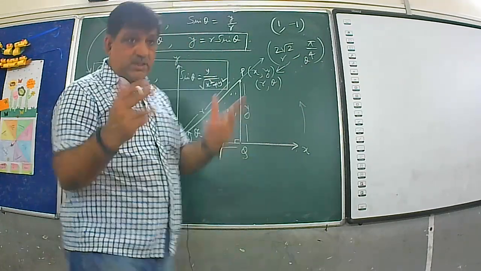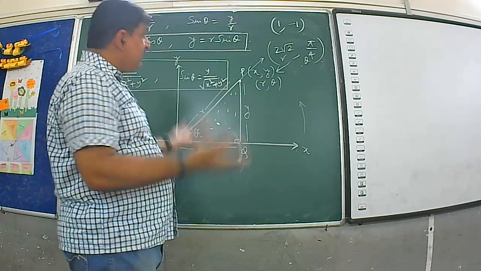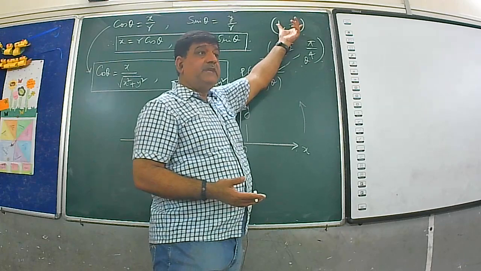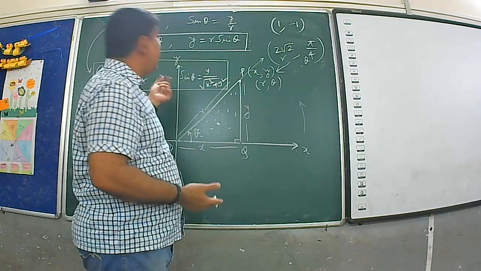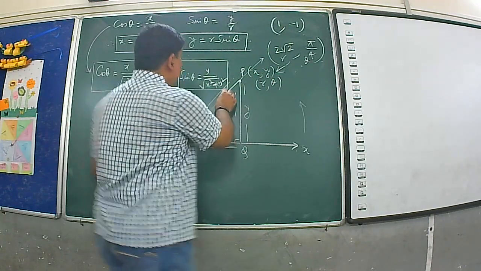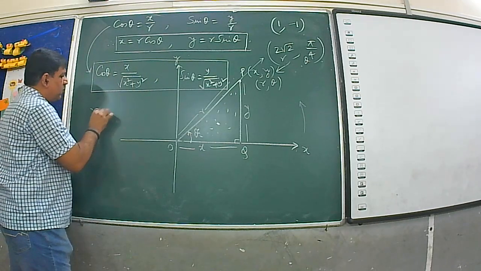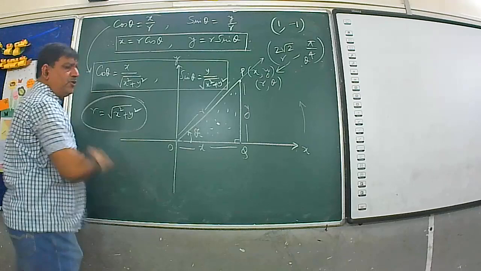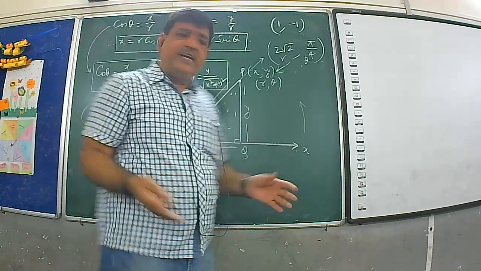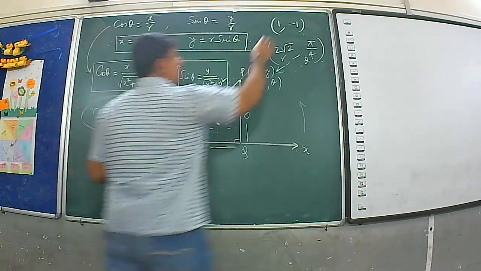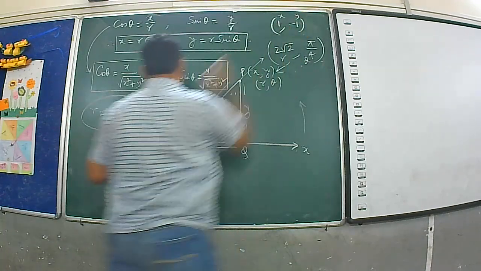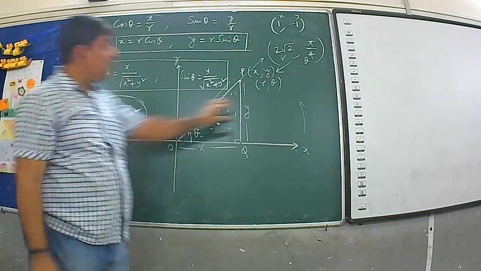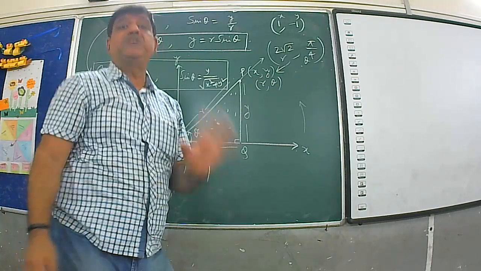which you have studied in several videos, and it includes the concept of associated angles. What you see here, whenever x and y are known, and it is asked to find r and theta, then clearly, boys, you know r is equal to root over x square plus y square. So if x and y are known to you, you are able to find the value of r very easily. Just put the values of x and y here. You will get the value of r. So r is known to you. Now there is a problem with theta.